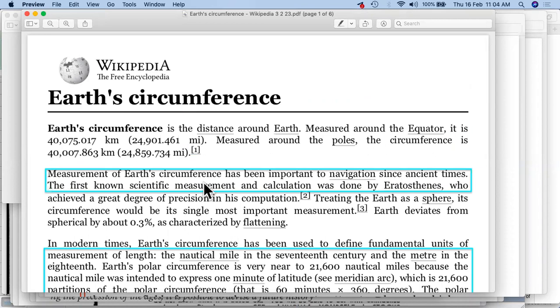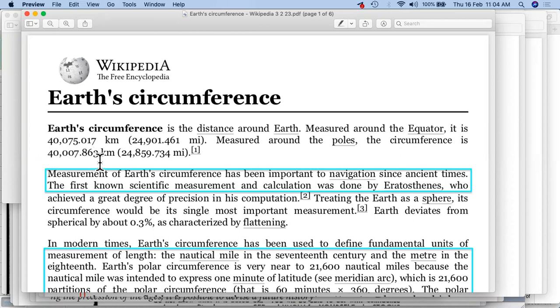The first and most important thing is, yes, we know about the equator, and the diameter of Earth is, to be very precise, approximately 40,000 kilometers, and to be precise, it is 40,007.863 kilometers. This is how we read it, but approximately we consider it on an average as 40,000.